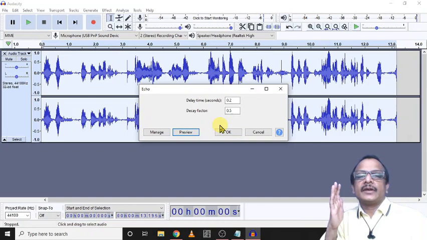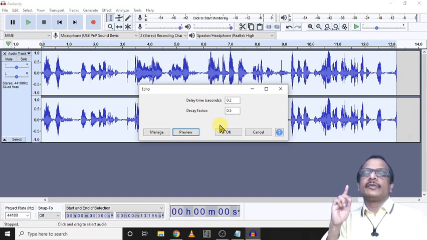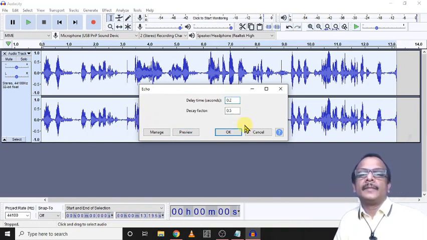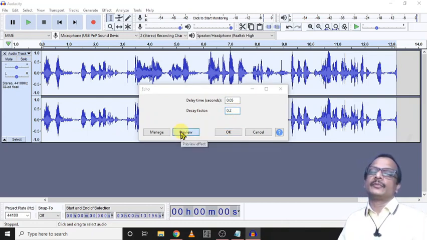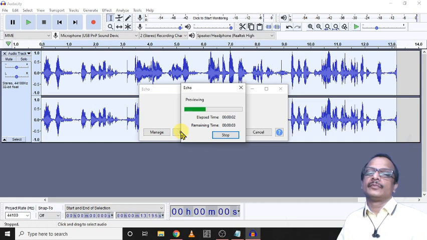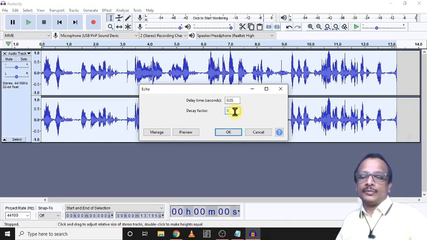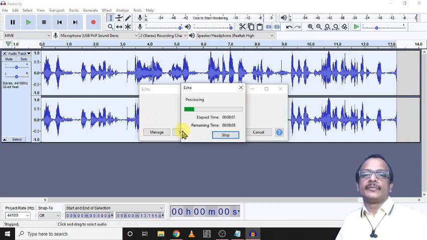This is heavy for this purpose, so we have to reduce this figure. Now I set the delay time to 0.05, then the delay factor is 0.2. Now again I try a preview here and talk to the microphone. It will usually follow a no effect. Okay, so I would like to improve the delay factor. Again try a preview here and talk to the microphone. It will usually follow